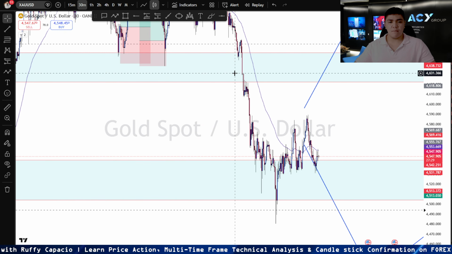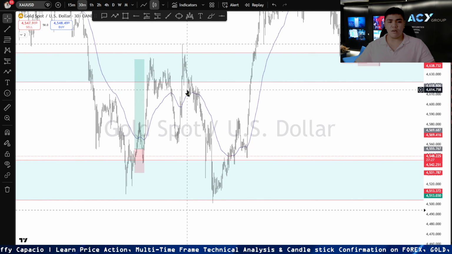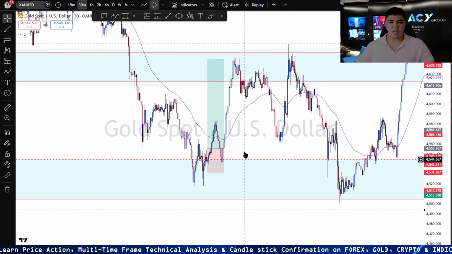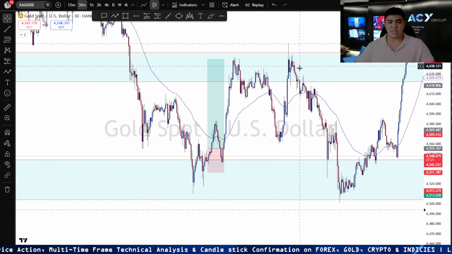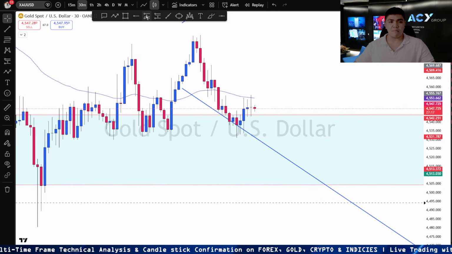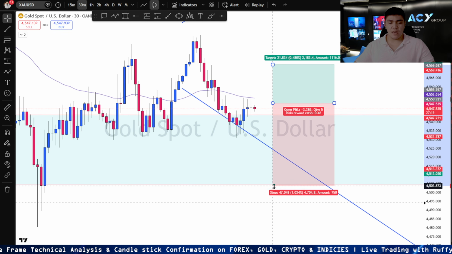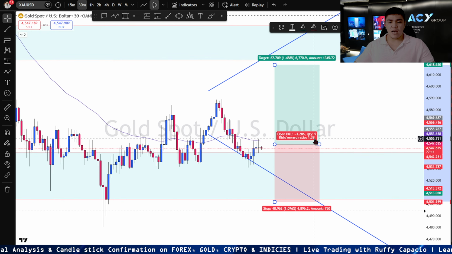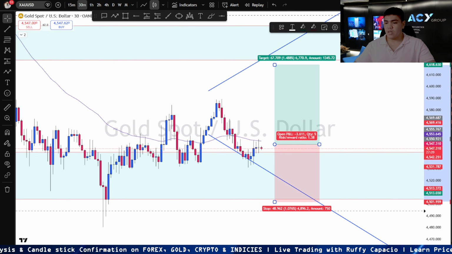defending this area. Now let's look at the 30 minute on the previous data. So you can see here, buyers defending the support level, sellers defending this resistance level. It is just bouncing. So possibly we could catch some trade in this exact area, but it is not worth it because it won't give us a healthy risk reward ratio that could give us a profitable edge in the